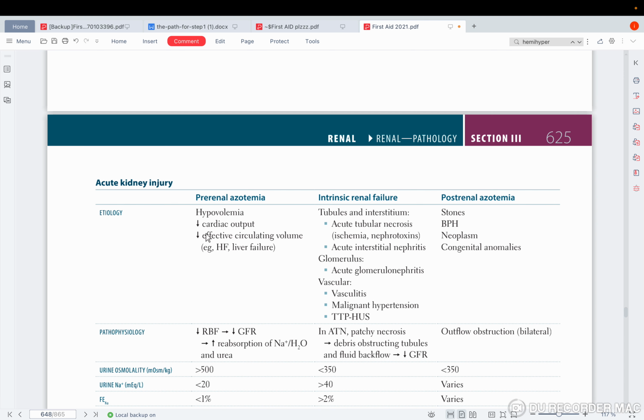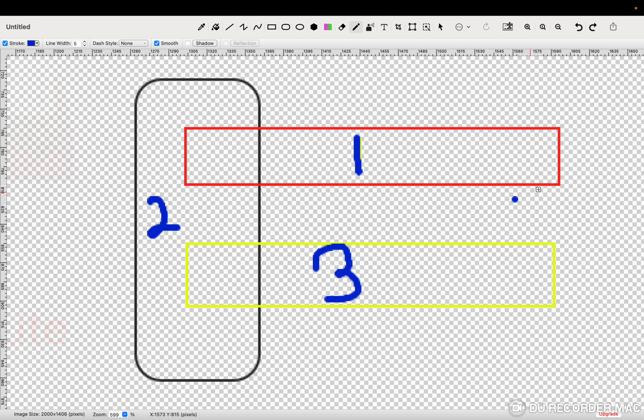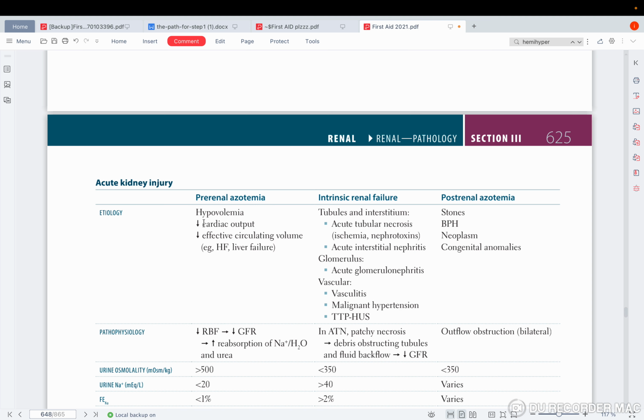So now we speak about a disease that leads to reduction of the perfusion to the kidney, like hypovolemia. If the patient is hypovolemic, imagine there will be less blood coming to his kidney. So it will be pre-renal. So it will be 1. Less fluid, less amount of blood coming to your kidney, pre-renal azotemia. Okay? And if you have less cardiac output, what will happen to, let me ask this weird question, if less cardiac output, what will happen to the RAS system?